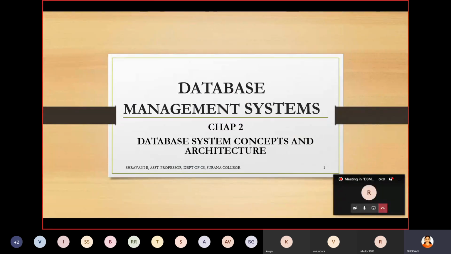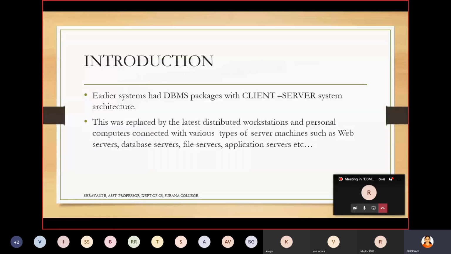In database management system, today I will be covering the concept of data models, which comes under chapter 2, database management system concepts and architecture. Let's begin the class. So earlier, when it was a database management system, the packages